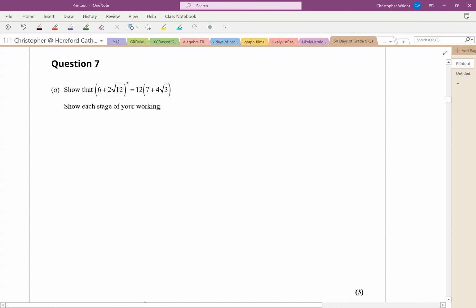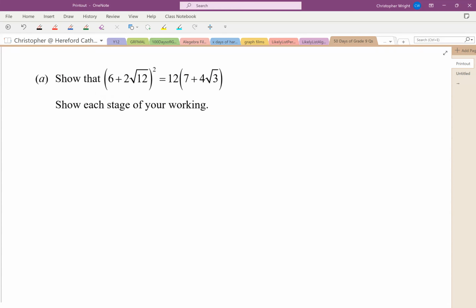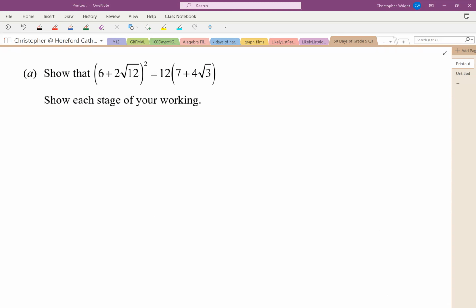Question 7. Looks like we're dealing with surds here. Show that the left-hand side equals the right-hand side. Show each stage of your working. Well, let's take this left-hand side then, and let's simplify it and see if we can't get the right-hand side